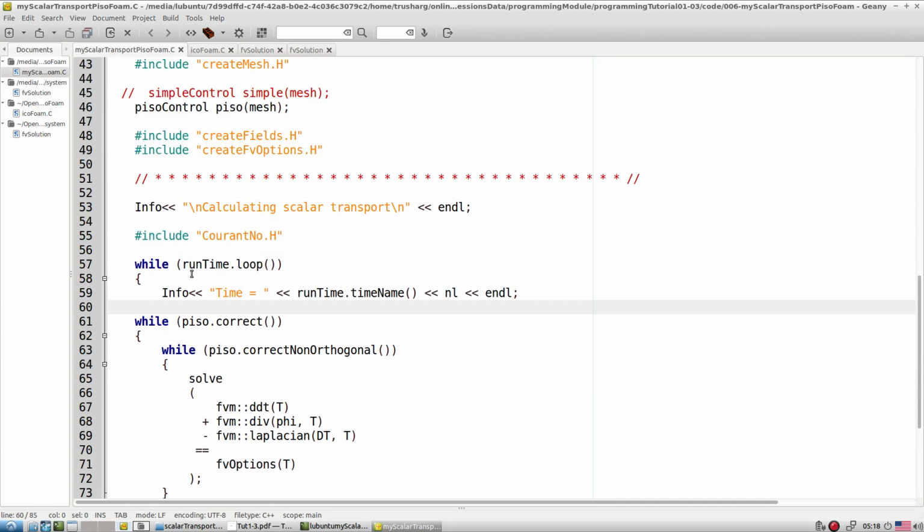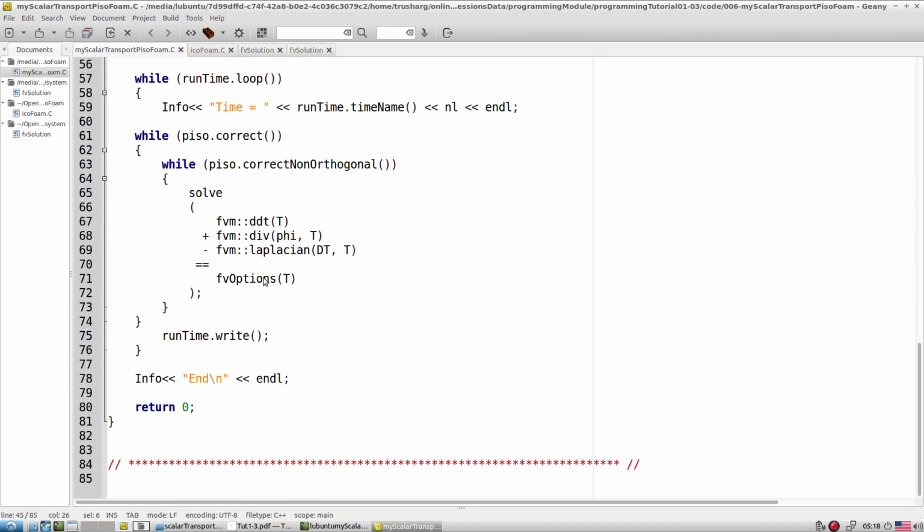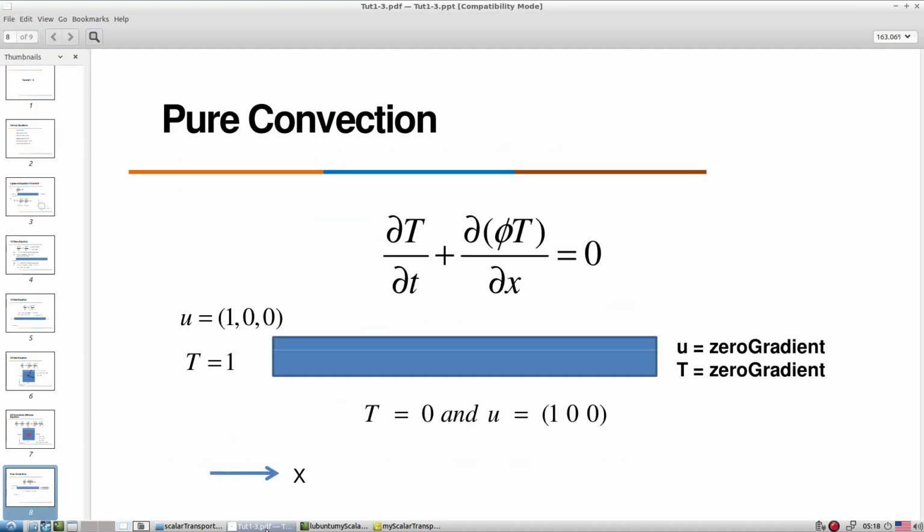So that is the piezo based algorithm. That is what we adapted, and when we are working with the piezo, we have to include the piezo control and the piezo control base mesh. So that is piezo control and piezo mesh compared to the simple mesh, because it is not available there. So this is how one can quickly add a few solvers.